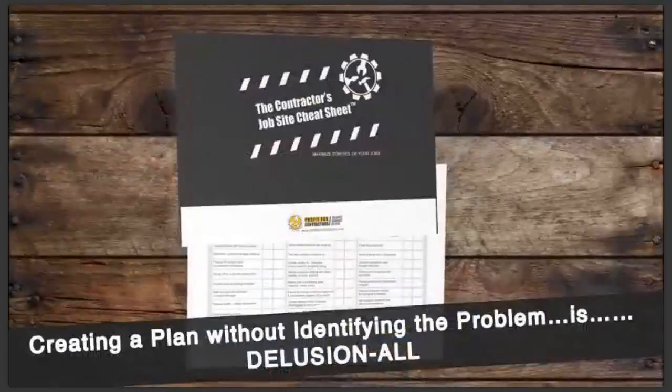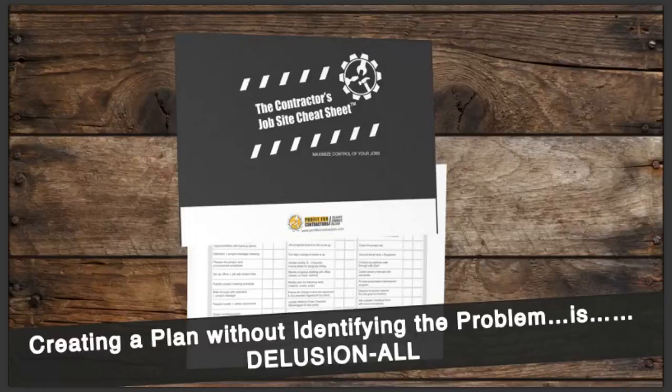And here's the thing, guys. Creating a plan for your business for these jobs without really identifying the problem is delusional. I don't have enough time to get into everybody's business. I just don't have time to interview you all today and answer all your questions. But here's something I know: really simple cheat sheets and really simple checklists save time and get you money,